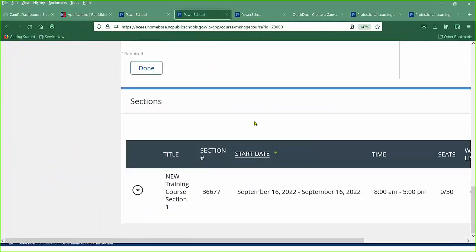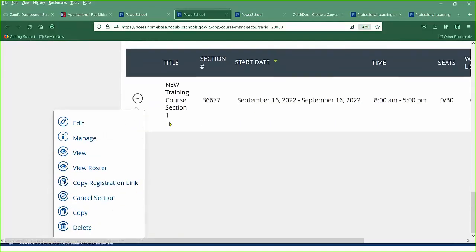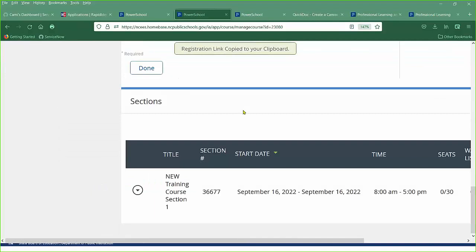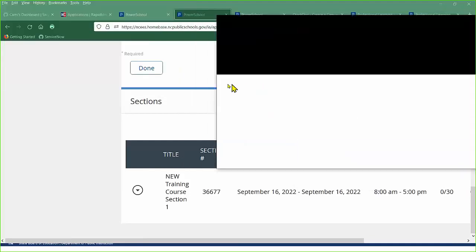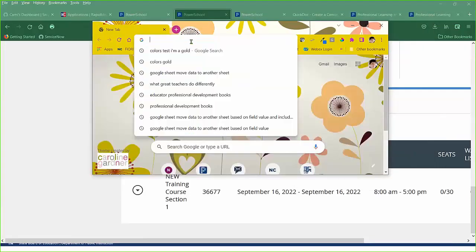So now your course is set up. I did want to show you here is where you can go back in and edit the section, manage your section, view your section. Here's the copy registration link. And let's do a tab, show you what that looks like. So when you share the copy registration link,